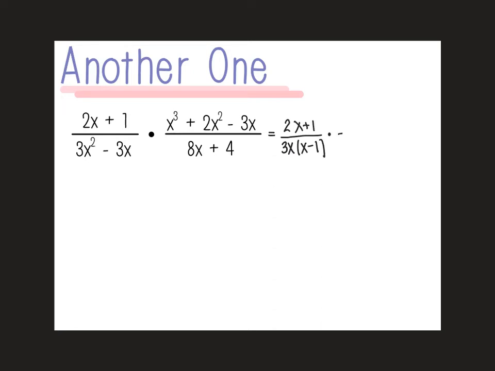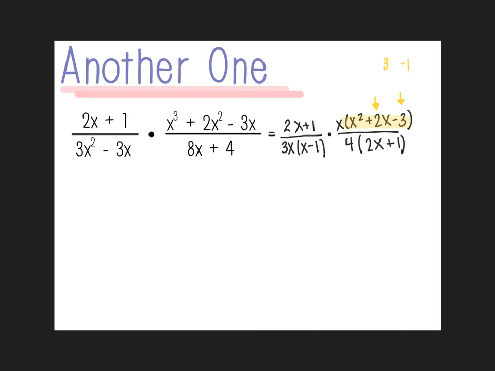On the next numerator, first I can factor out an x, and then I'm left with x squared plus 2x minus 3. In the denominator, I can factor out a 4. And that leaves me with 2x plus 1. If I look through this one more time, I can factor this a little further. So I'm looking for factors of negative 3 that add to be 2, so that would be positive 3 and